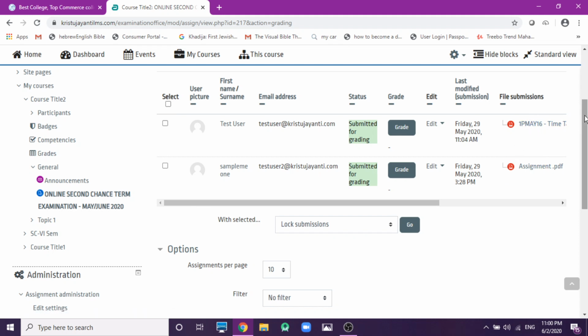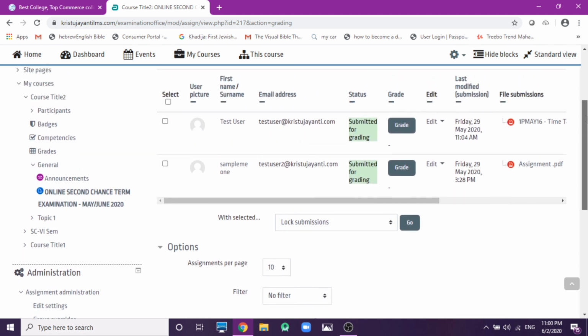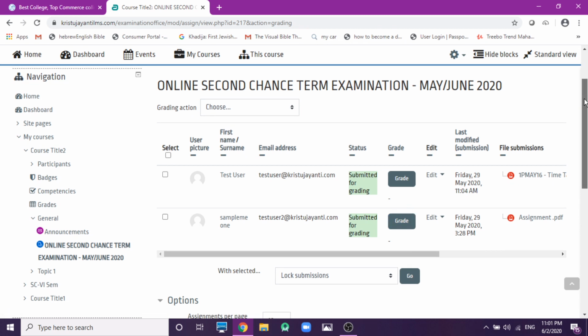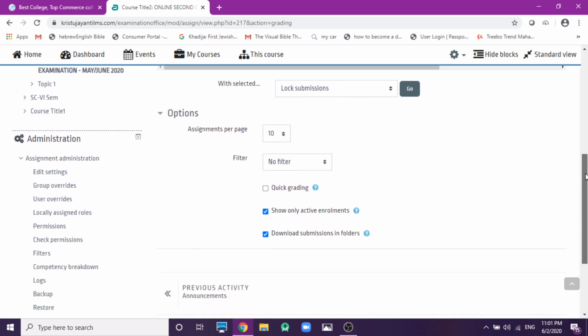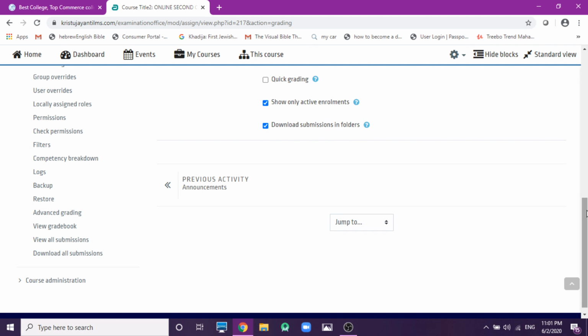You can see here there are two different ways you can evaluate your assignment question, I mean the file upload. One way is to click here and do the grading. But if, for example, 60 or 120 people have a common paper and two faculty members are doing the evaluation, it will be a very tedious process if you go one by one. Instead of that, we have an offline option where you can grade. That is the best way to evaluate the assignment.